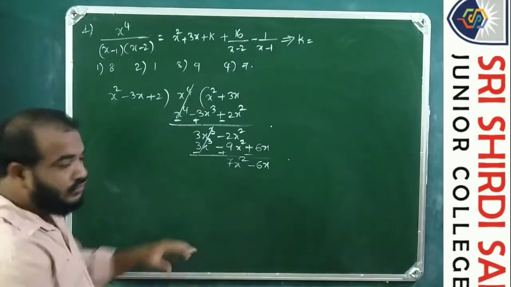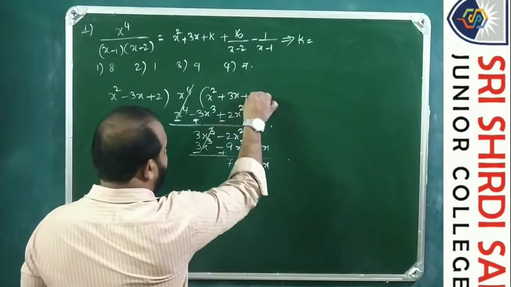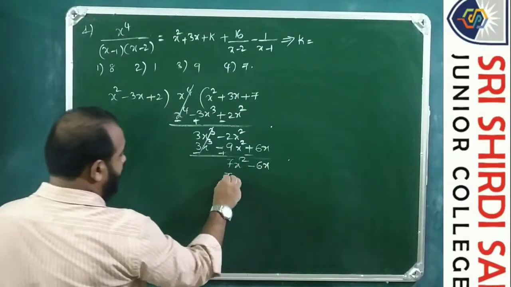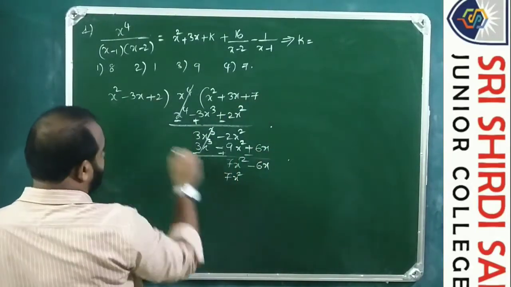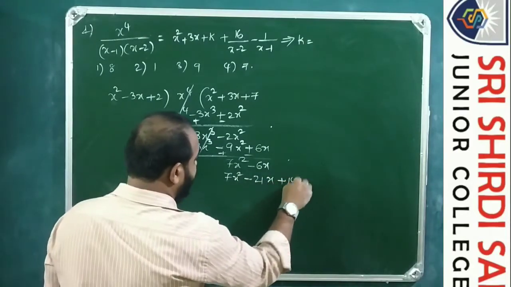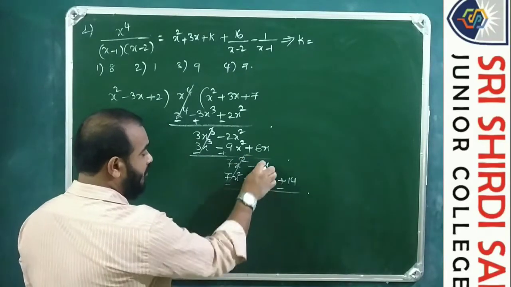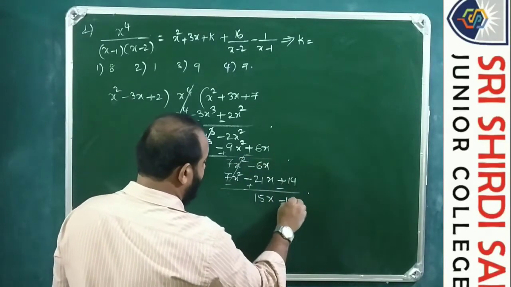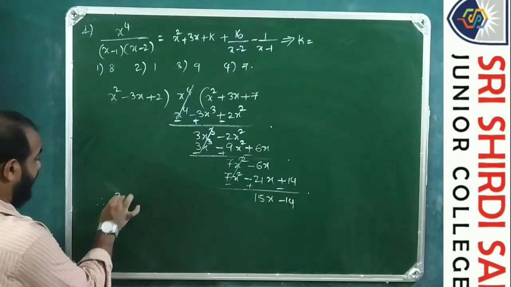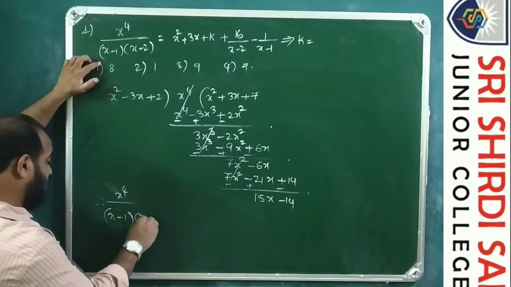So same, further division is possible. 7x square by x square is plus 7. So 7x square, 7 3s are 21x, 7 2s are 14. This is minus plus minus. So 21 minus 6 is 15x minus 14. Equals x power 4 by x minus 1 into x minus 2 is equals to,